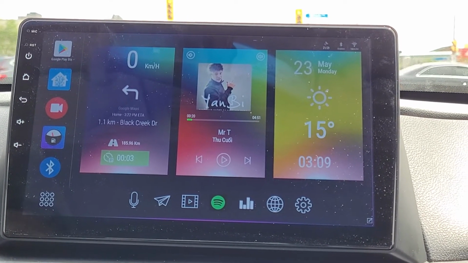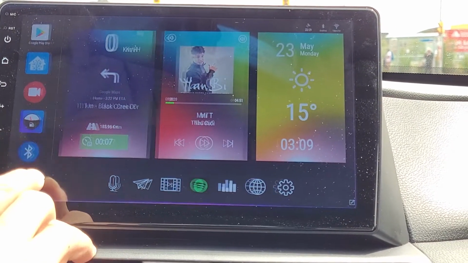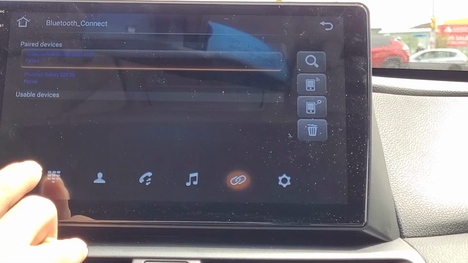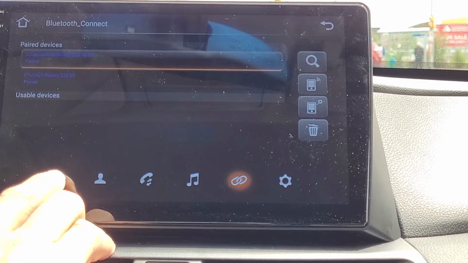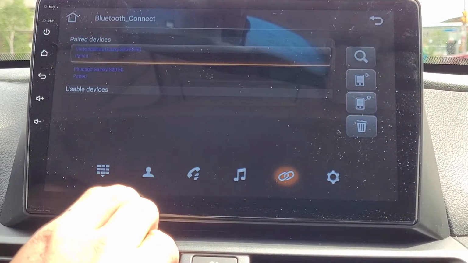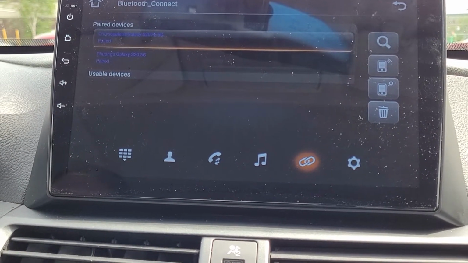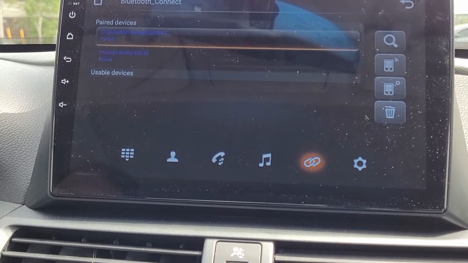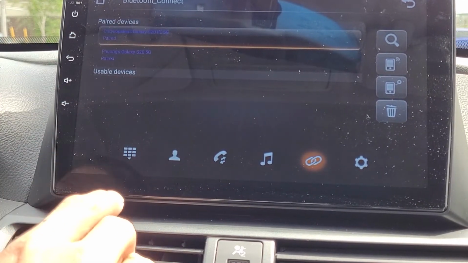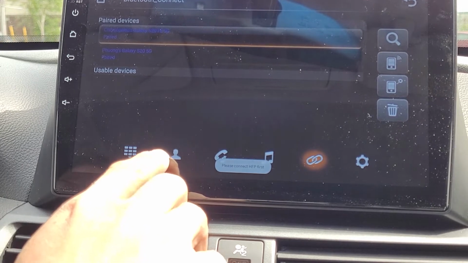The one thing that I didn't mention is that if I go into Bluetooth, I can make a phone call. See, that's connected to my phone, and if I please connect phone first, because I got two phones right here, I should be connected to one phone because I disabled my Bluetooth, but you pretty much can connect to the phone first.